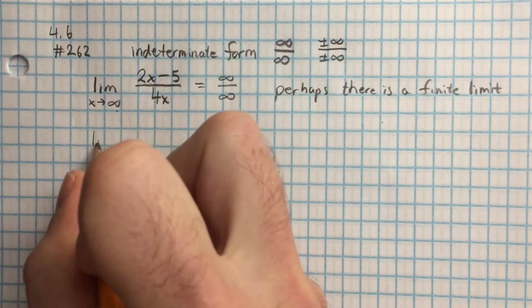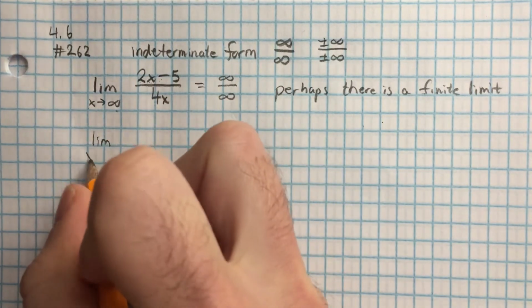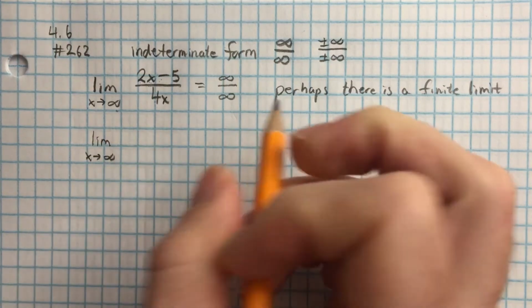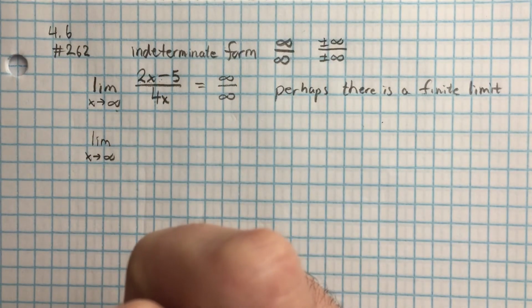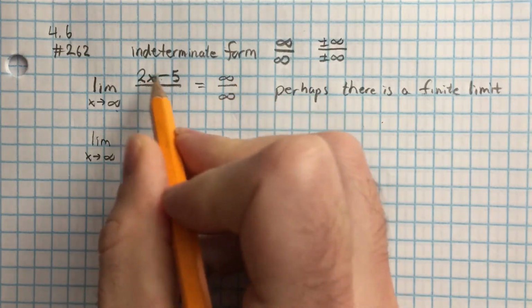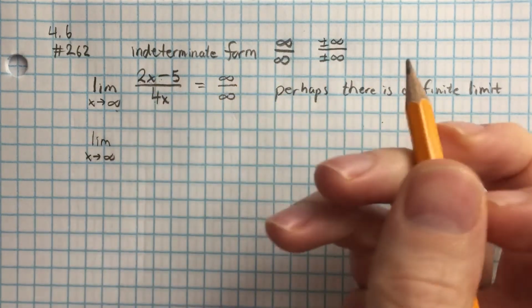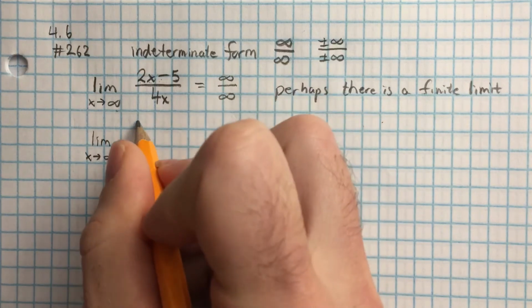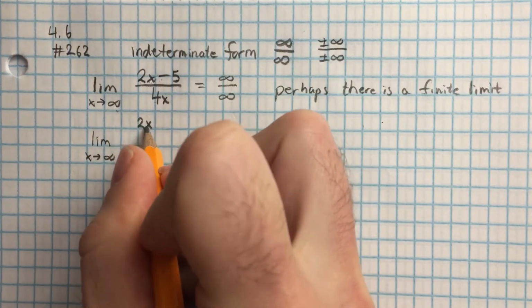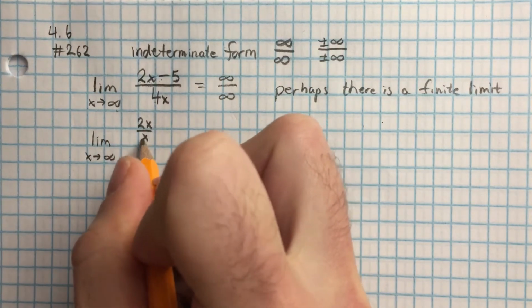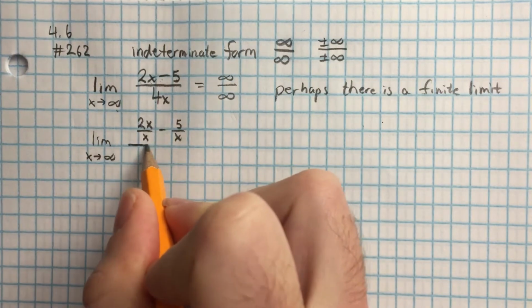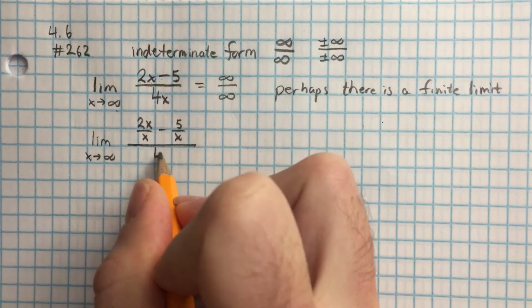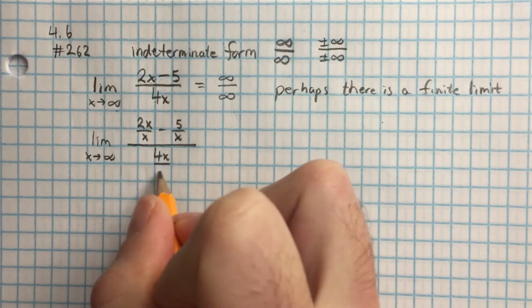You are supposed to divide off numerator and denominator by the highest power of x. So the highest power of x I see around here is x to the first. So we will take 2 on x minus 5 on x. So there's the numerator divided by x. And you'll just stand at the bottom. This is algebraically legitimate